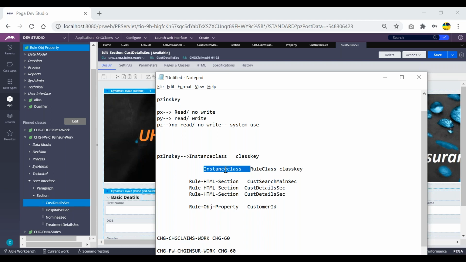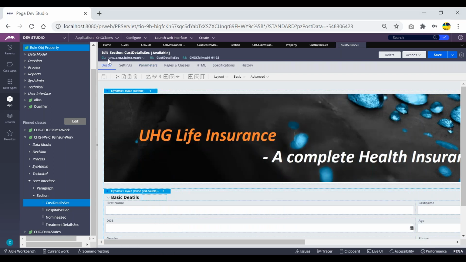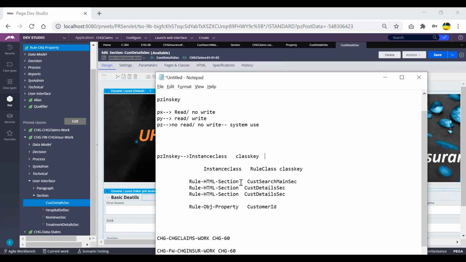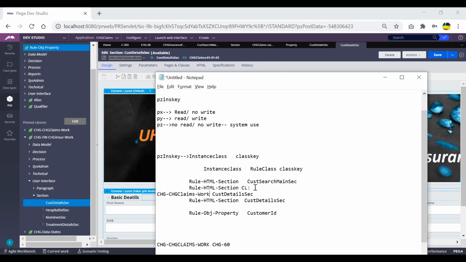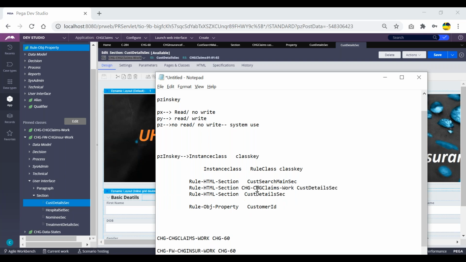The thing here is the instance class will be the same all the time for the section. This will not change. What is the rule class? Rule class means from where we are calling this rule. So now is this unique? Yes.